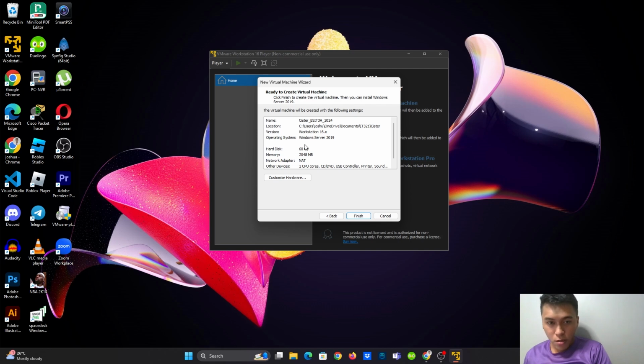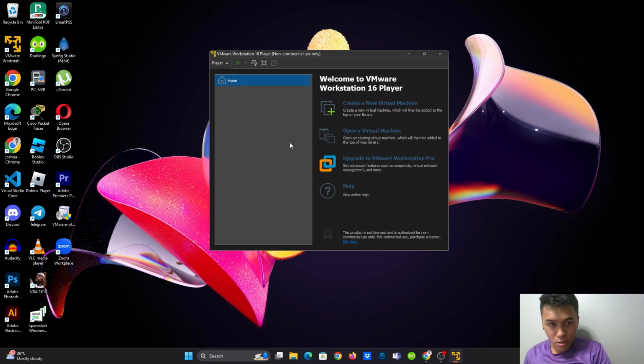It must show the location, the version, the hard disk, the memory, and the other devices such as the CPU, of course, and this will ensure all recommended values are correctly configured. Then click finish.